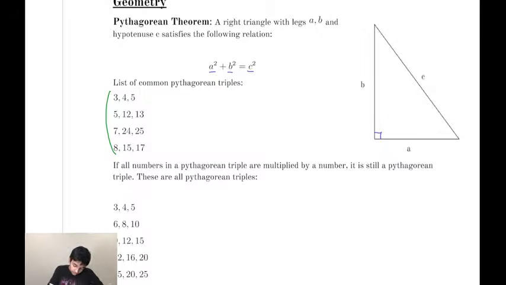And some Pythagorean triples: 3, 4, 5; 5, 12, 13; 7, 24, 25; 8, 15, 17. These are important. I highly recommend memorizing them. And some other Pythagorean triples that